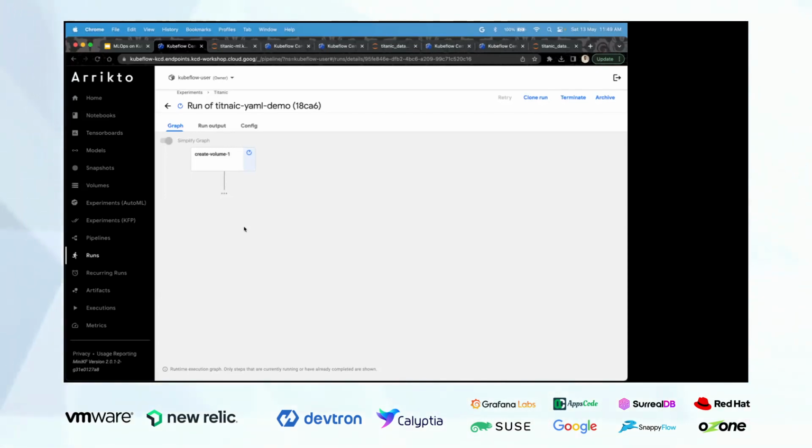Ideally, this is how you have an end-to-end Kubeflow pipeline, wherein you build a CI/CD pipeline and push this particular YAML file to Kubeflow, and once you push it, the new pipeline will start getting executed.